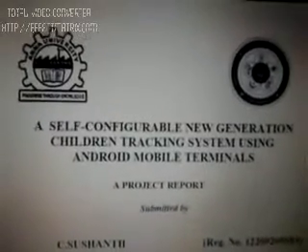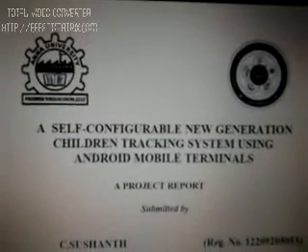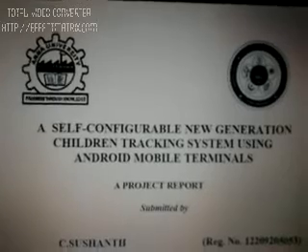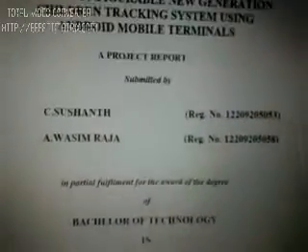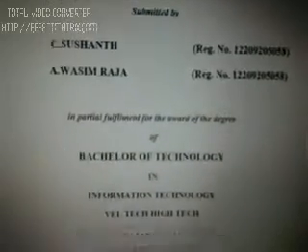Our project is on a self-configurable new generation children tracking system using Android mobile terminals. We are students of Information Technology